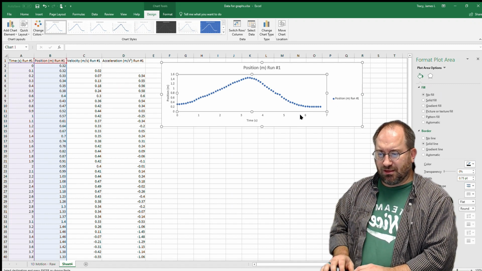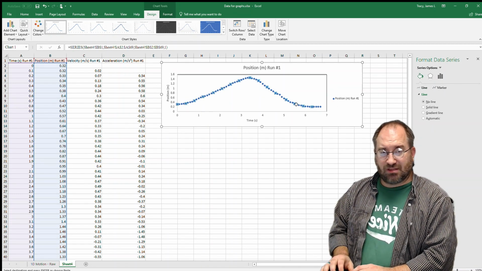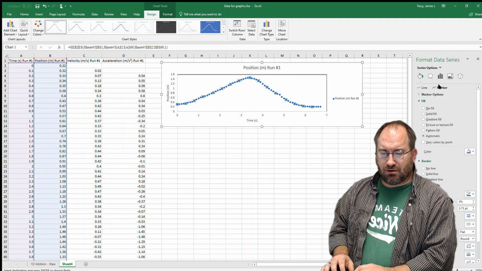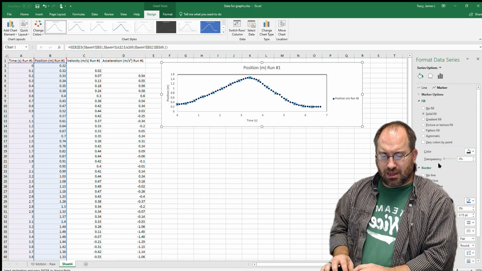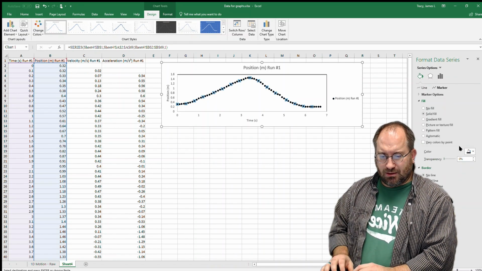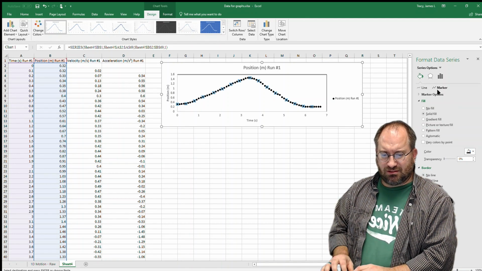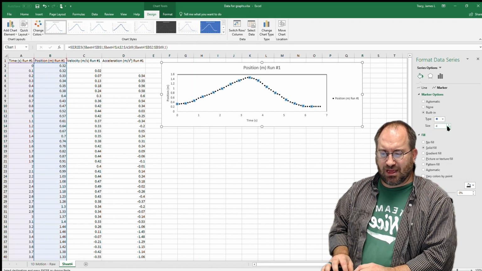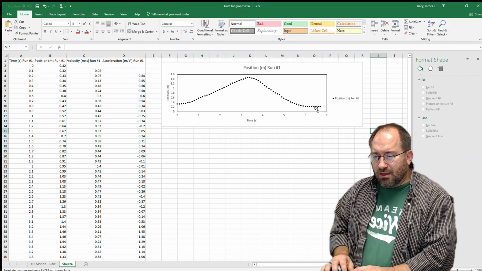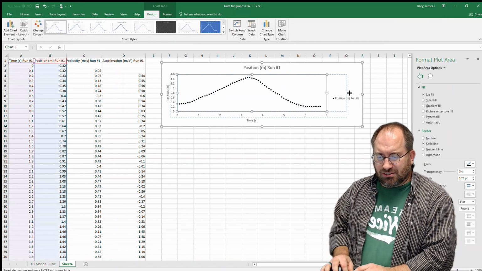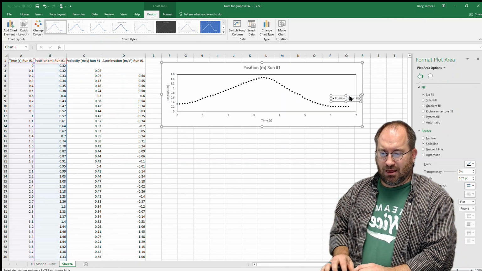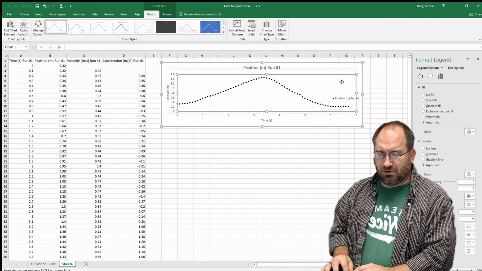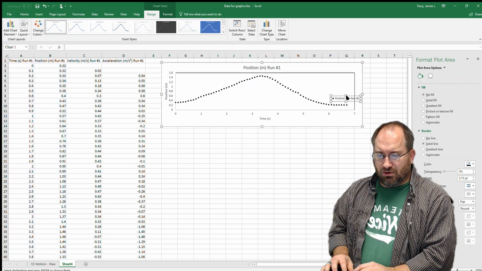One other thing I'm going to do is take these data points that are blue, go over to marker, and change those, making the fill solid black and no border. We're going to shrink them down a little bit too, because these are the guidelines for the eye. This is just the data. So we click here, stretch this out. I'm just playing with the formatting right now, and we'll leave this here for now,